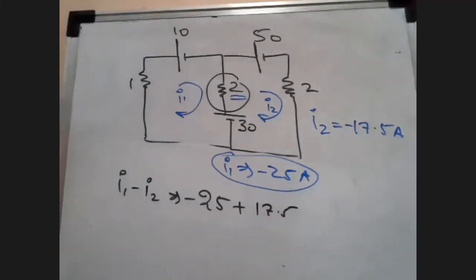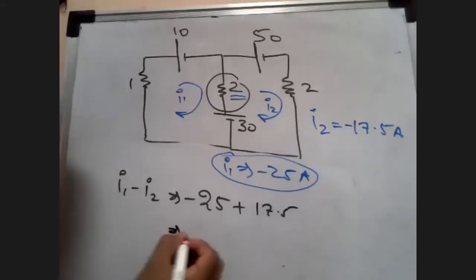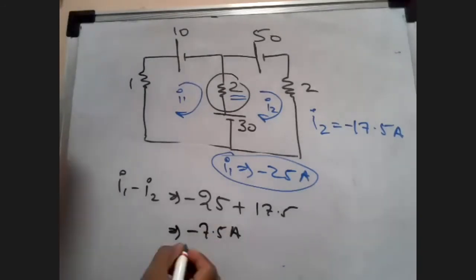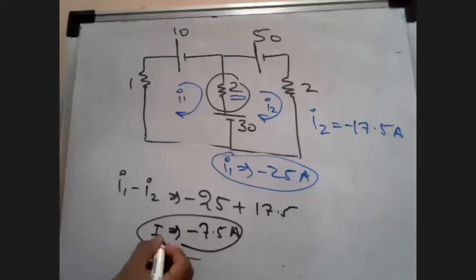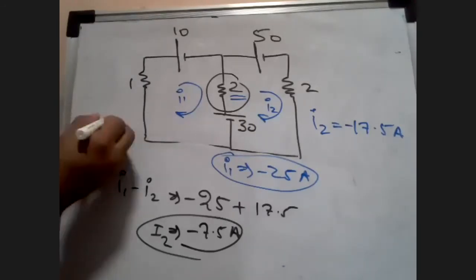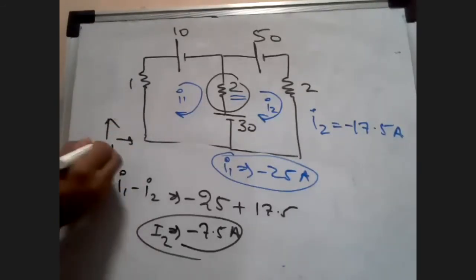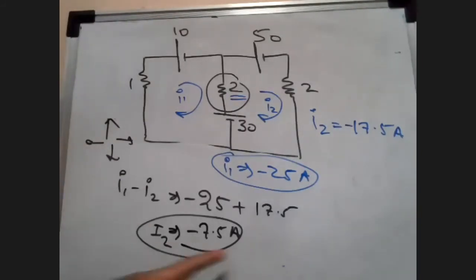How much does this turn out to be? So it is equal to minus 7.5 amps. Now listen. Although you got this answer, always remember that I would like all of you to specify the direction. And how to specify it? Either with an arrow up, sideways, down, or left, in front of the answer.